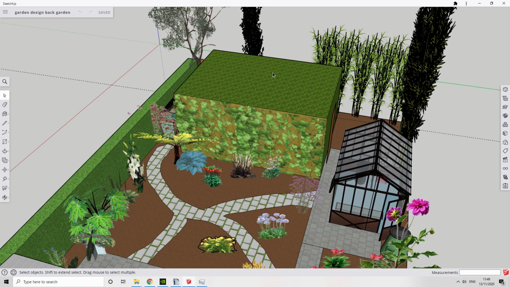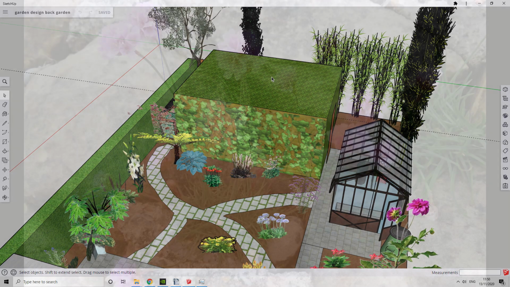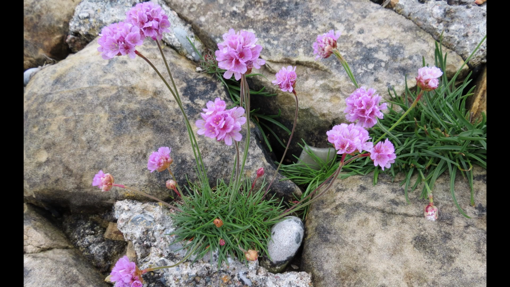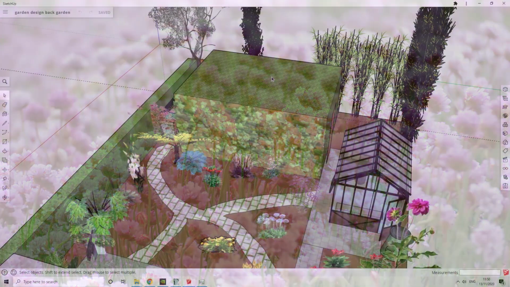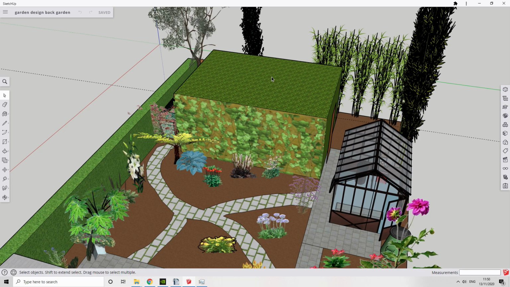So I've not decided what plant I'm going to have on the green roof. I'm tempted by chives because I've seen a green roof with chives before and it looks really nice. I'm also tempted by armeria, because armeria is a coastal plant here in Scotland. I'll show you some photos now. It's a really stunning looking plant. It tends to grow in really shallow soils and coastal locations, so it's well suited to a roof, so that's